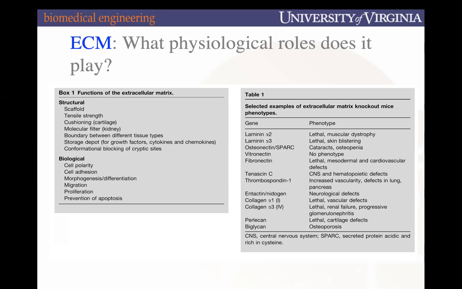A lot of these proteins are really critical for life. As early as a 2-day-old blastocyst, laminin, one of the ECM proteins, is already expressed. Usually what happens is in genetically engineered mice, if we knock out one of the genes for one of these proteins, and this table to the right is a list of what happens when each of these specific proteins are genetically knocked out or deleted in mice. What you'll notice is that for a lot of them, it is either lethal or leads to a really bad disease outcome. And so all of these ECM proteins are incredibly important for